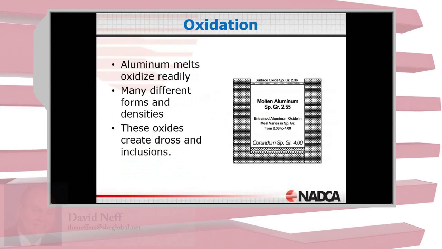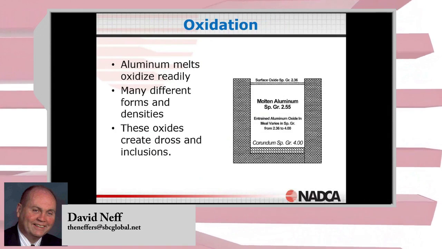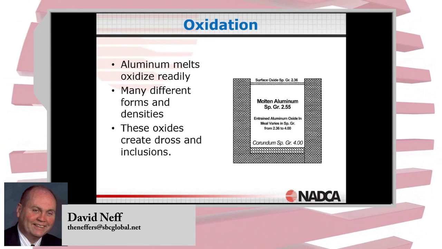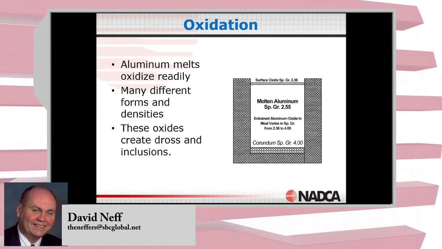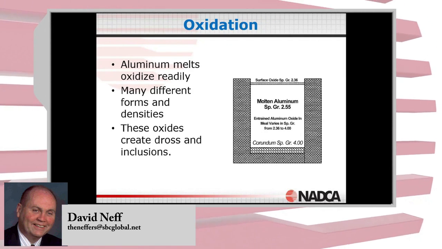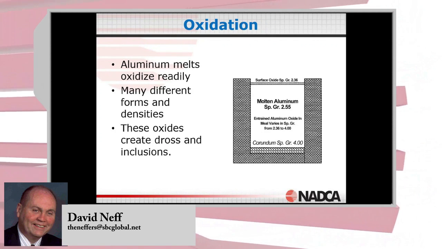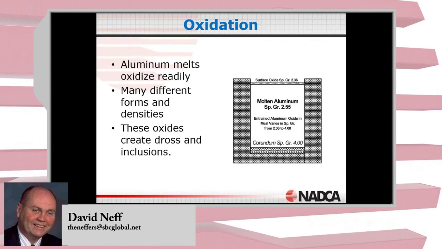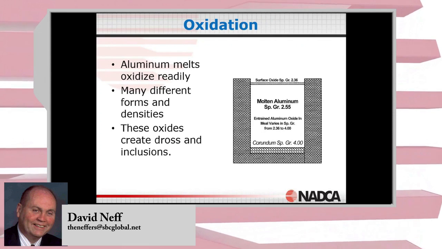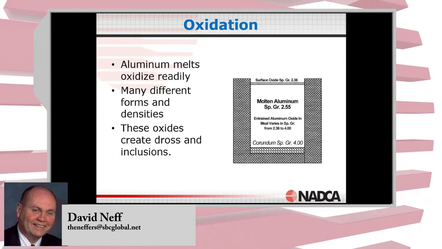Now, aluminum oxidizes readily. Crystallographically, there are 16 different compositions of aluminum oxide that can exist. They can vary in density or specific gravity from about 2.36, which is pretty close to that for molten aluminum, to up to 4. And clearly, oxides that are heavier should sink to the bottom of the furnace, therefore contributing